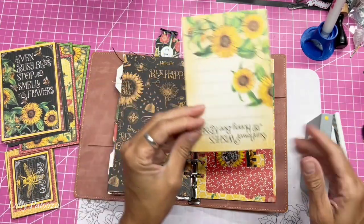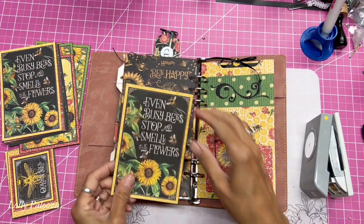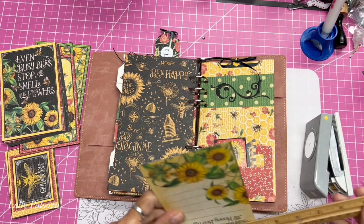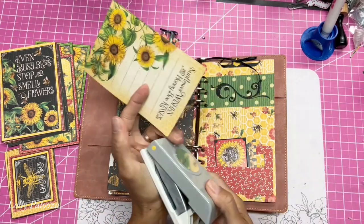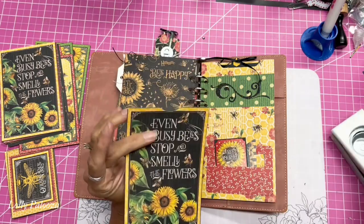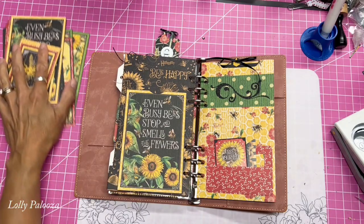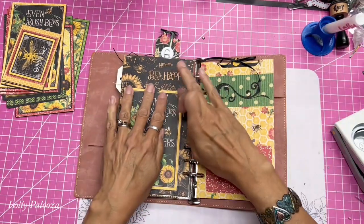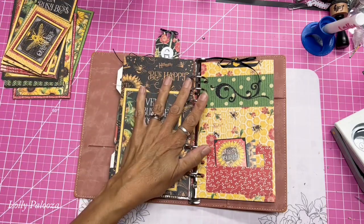I do want to find somewhat of the center here, but see, everything is wonderful. I love it all. So I just want to sort of measure here and see where the center is. So 2 inches. So I know where that is. I'm just going to go part way in, just like that. And that gives me a nice little thumb notch there. That is so cute. Oh my gosh. Okay, now,